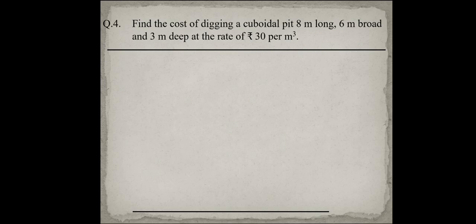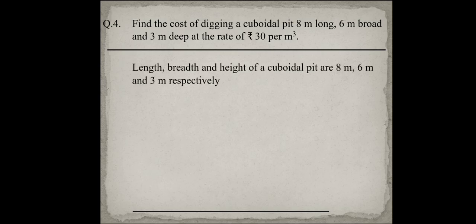Now in the next question, question number 4. Find the cost of digging a cuboidal pit 8 meter long, 6 meter broad and 3 meter deep at the rate of rupee 30 per meter cube. It means the cost of digging a cuboidal pit. Pit is your hole. A hole may be in cylindrical shape also, but now this hole is in cuboidal shape. It may be a tank also. Now you need to dig that out, so the digging cost is rupee 30 per meter cube. It means how much sand or mud you are taking out from that